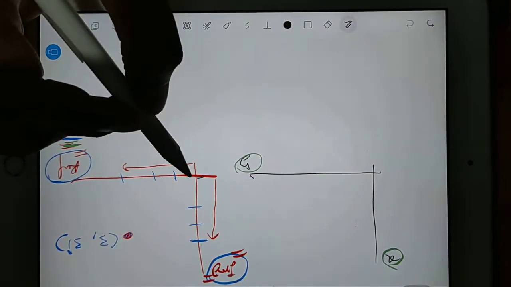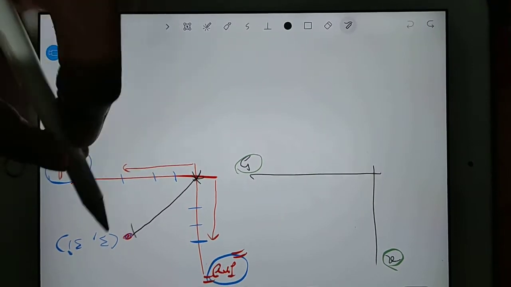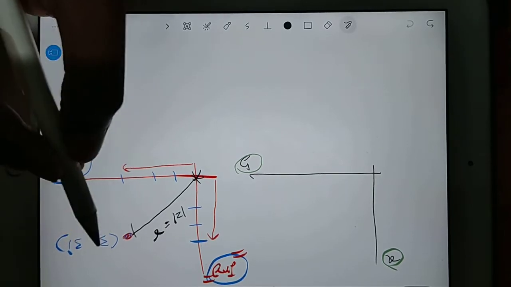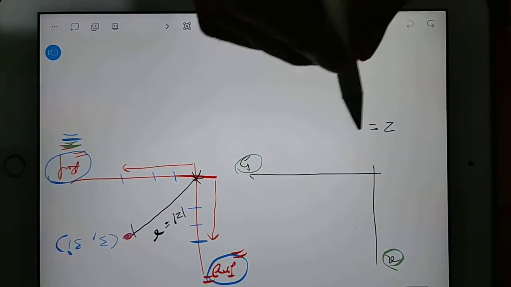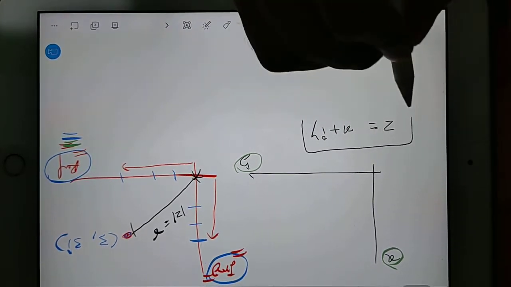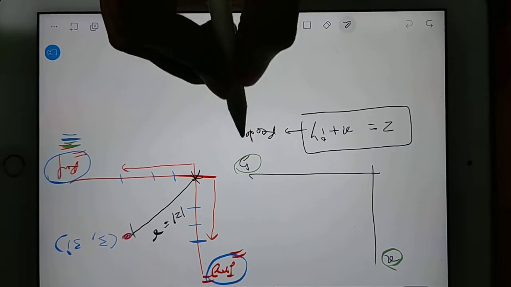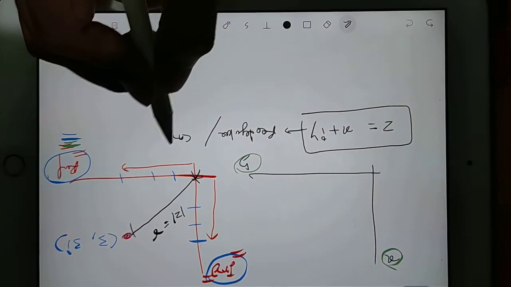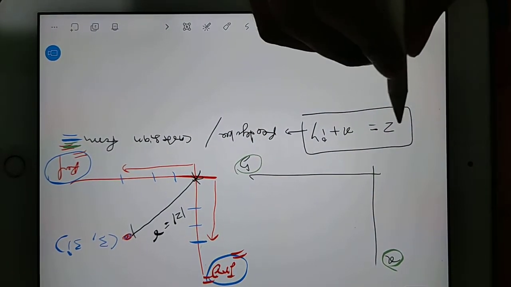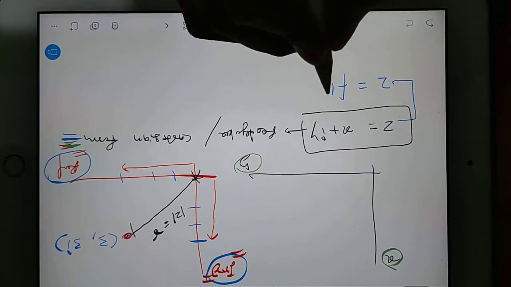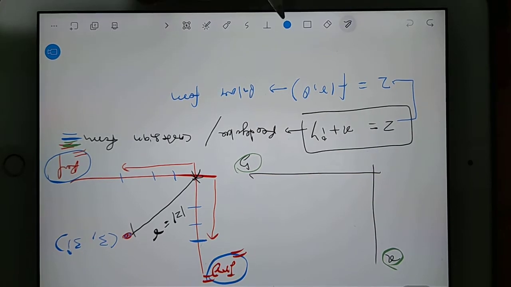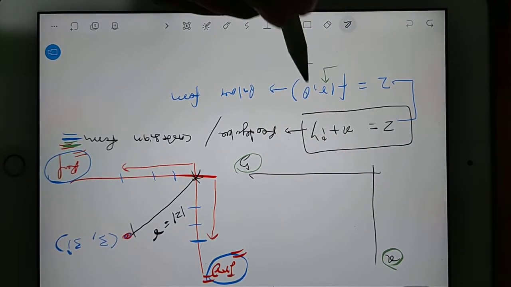If you connect from the origin like this, then this total length you will call either mod of z, or r. Okay, if you write z equal to x plus iy, this kind of format you will call rectangular, or Cartesian form. But if I want to write the same z as a function of r and theta, then I will call it polar form. So we will learn how to convert r and how to convert theta.